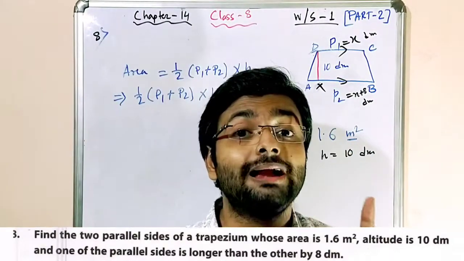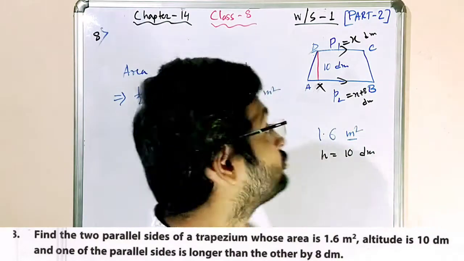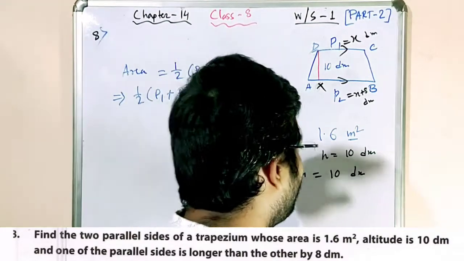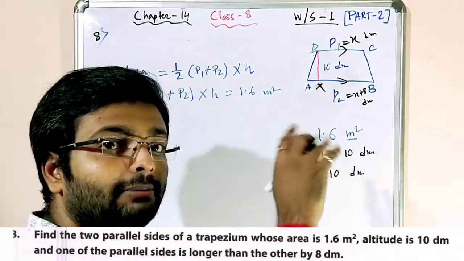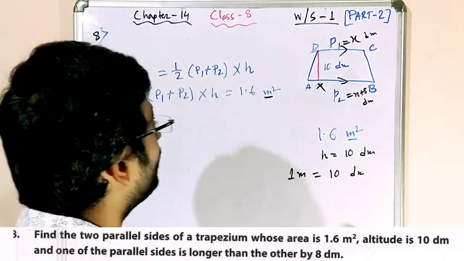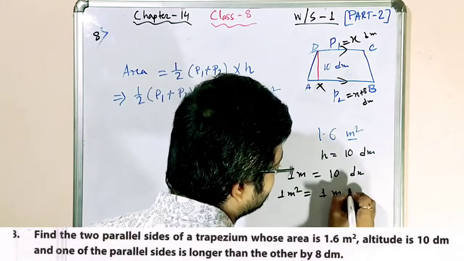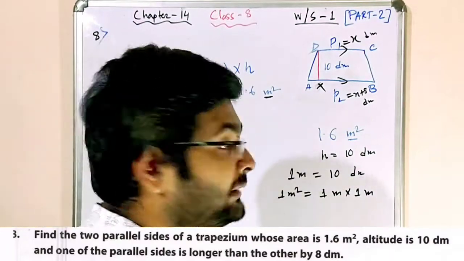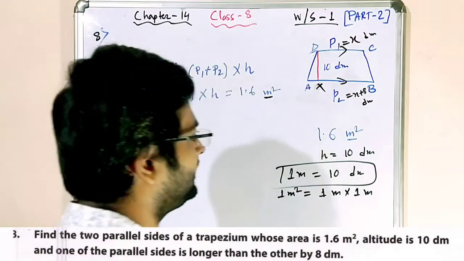Now see, kilometer, hectometer, decameter, meter, decimeter. You all know 1 meter equals 10 decimeter. If you want to convert a bigger unit to a smaller unit, you have to multiply by 10. But the problem here is meter square. Now guys, 1 meter square can be written as 1 meter into 1 meter. Listen carefully. Converting meter to decimeter, you all know, this is a class 4-5 thing.